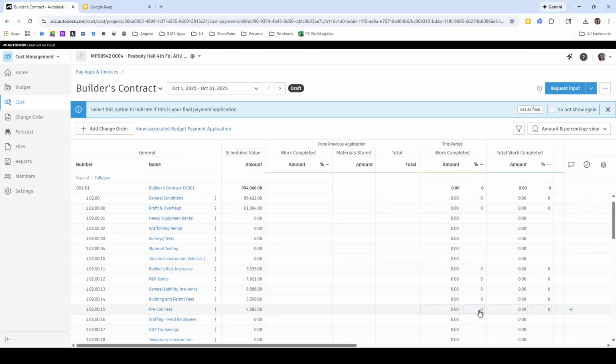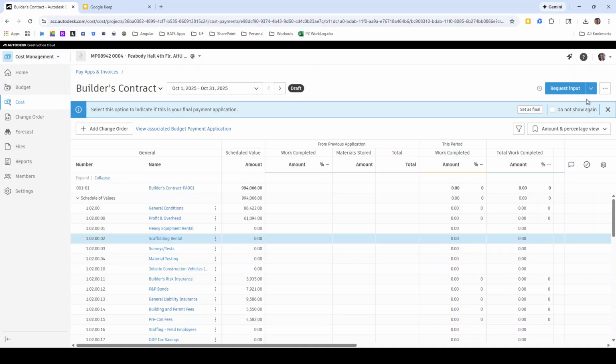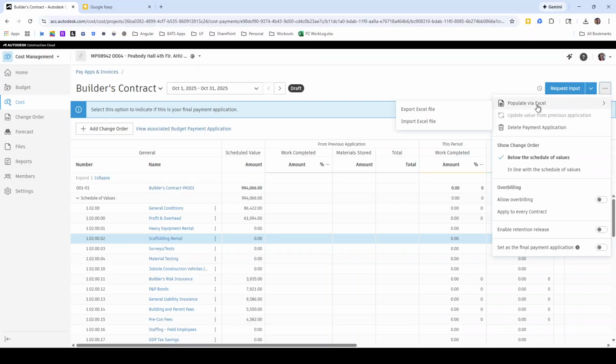The system will not allow you to overbill, so if I try to put a dollar amount here that is over the scheduled value amount, when I try to submit it, I will get an error. If you don't want to enter in values directly through the interface, you can also, again, use this 3-dot menu over here and click Populate via Excel. You can export the Excel file, which should open up